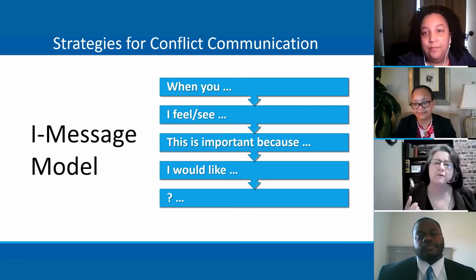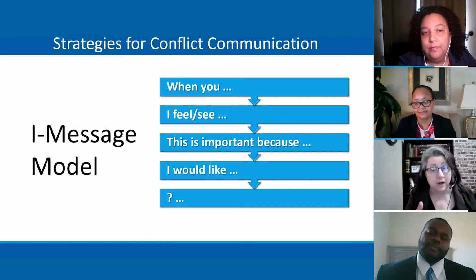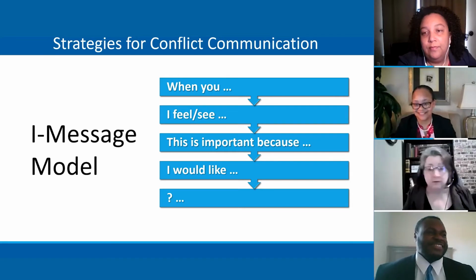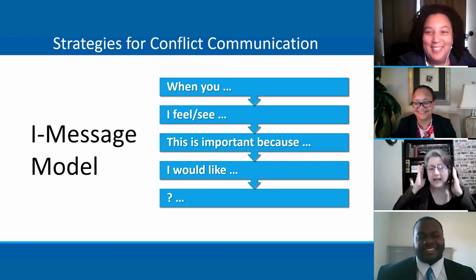And then we turn it back over to the other person with a question so that they get a chance to talk. Because you know, especially if you're having this with an I, that if you go too long without letting them talk, they're just sitting over there about to explode. So you've got to give them time to talk.